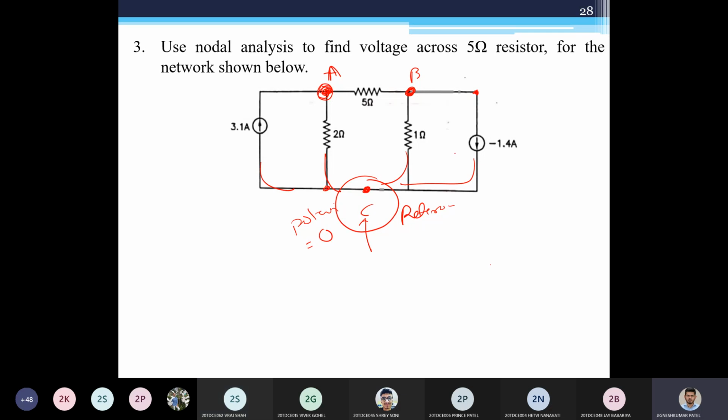See, if you say this node or this node or this node or this node, they are all the same potential. Why? Because they are connected without any resistor in between. So all these points are connected at the same node. If I say this is a node or this is a node, that is the same thing. I can redraw this circuit like this. I'll connect it like this. I'll connect the second line like this. This is my current source. I'll connect it like this, and this is my third current source. I'll connect it like this. So now if you look at this, this is my circuit, and this is a single node.